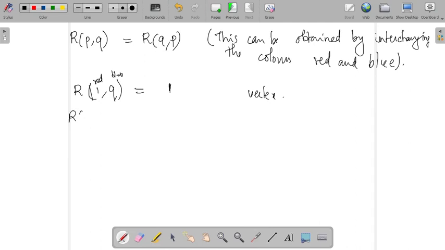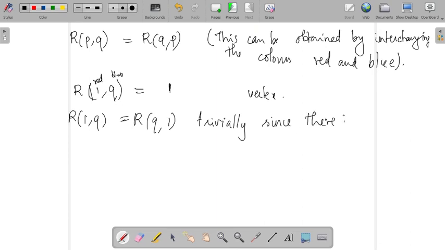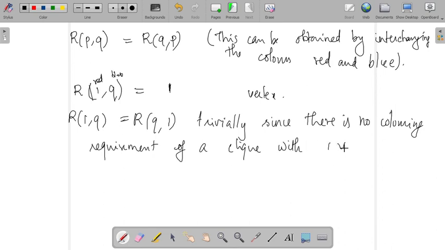So R of 1Q is equal to R of Q1, trivially, since there is no coloring requirement of a click with one vertex. And again